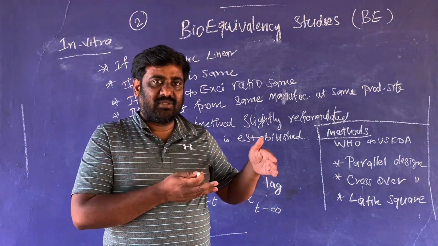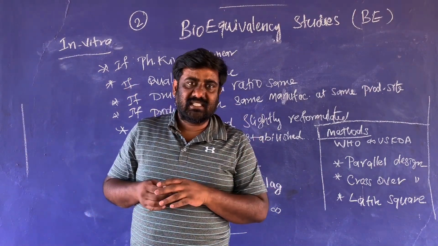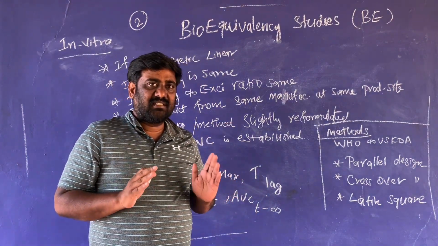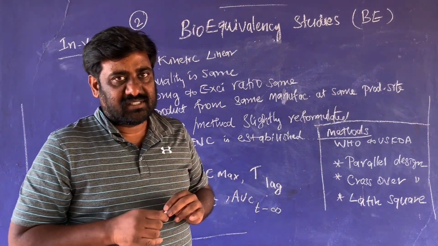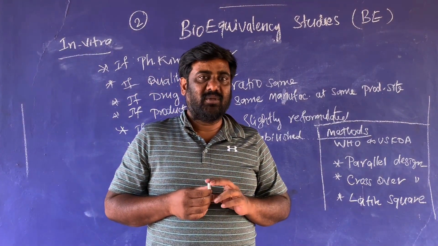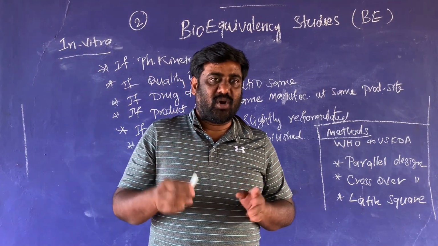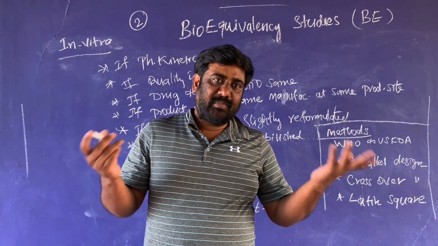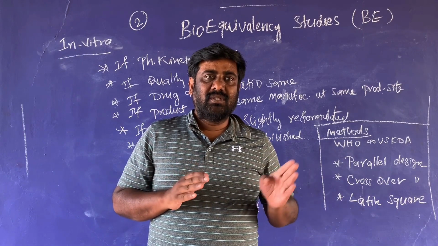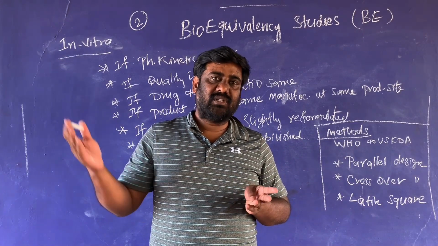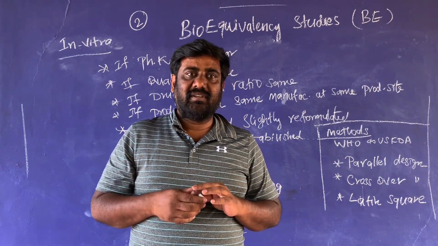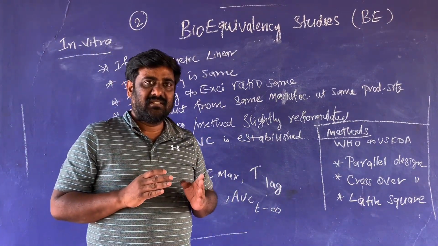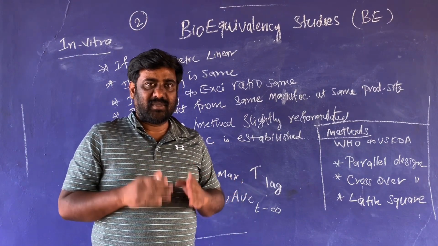So where we want to do in vivo studies and in what cases we want to do in vitro studies are now classified. In most cases we will do in vivo studies to check the bioequivalency of identical products A, B, C, whatever. This is not only for comparing two products, we can compare any number of products, but a minimum of 2 formulations are checked. With more than 2, however, we can check in the in vivo studies. So what parameters are checked in an in vivo study for bioequivalency?